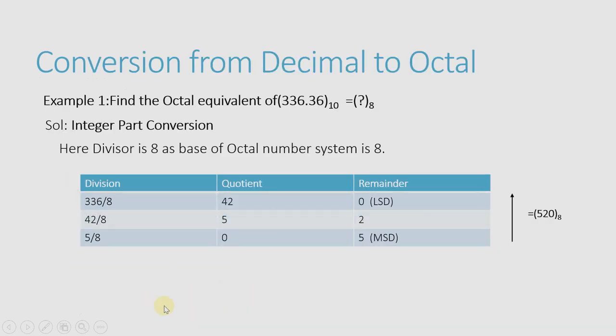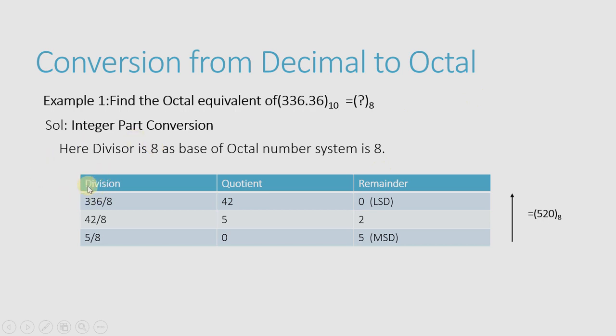Now next we can see how we convert decimal to octal. Now the base is octal instead of binary. As the question is given, this is my decimal number and I have to convert it into octal. When we use octal, it means the base is 8, so the divisor now becomes 8. Remember, when you convert from decimal to binary, the divisor is 2. But when you convert decimal to octal, the base is 8, so the divisor becomes 8. The process is the same.